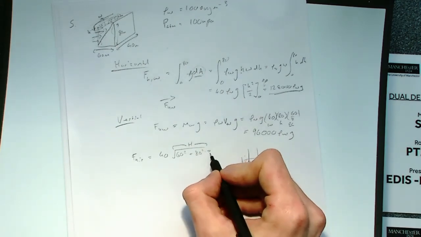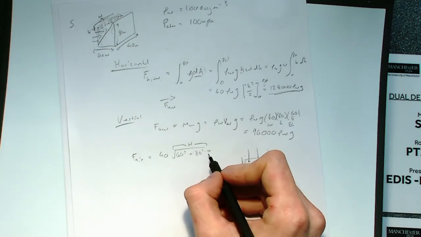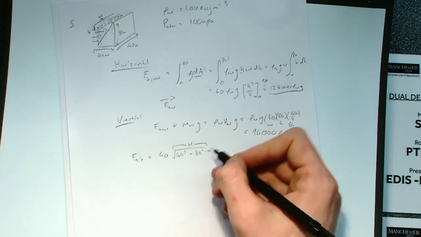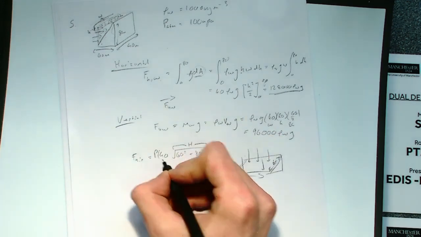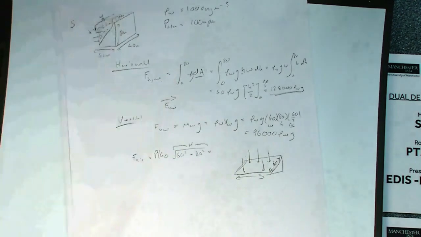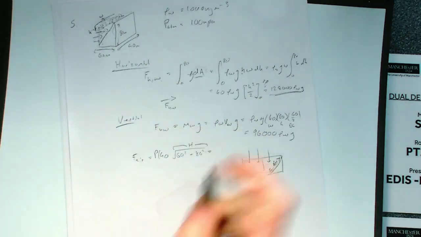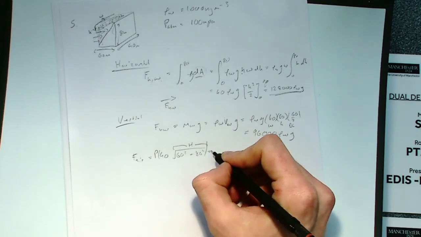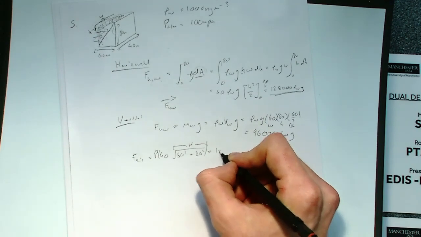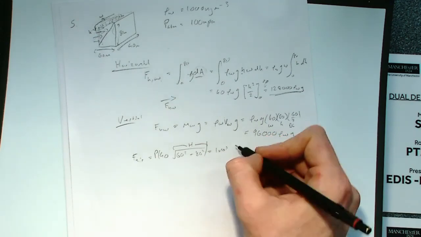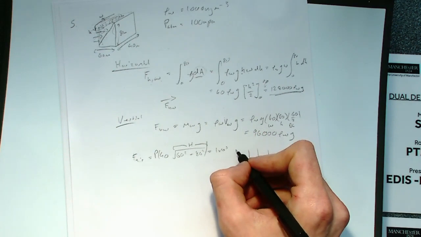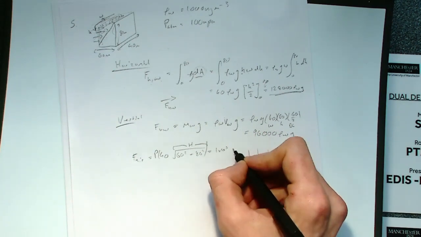And that times by the pressure of the air, because remember pressure affects the whole area, so to get the force we need to times it by the area. That gives us 1 times 10 to the 5 times that, which gives us